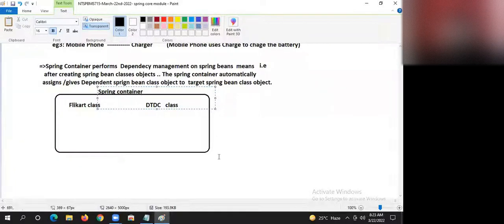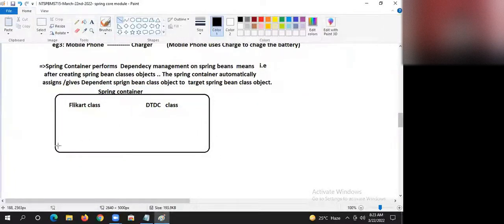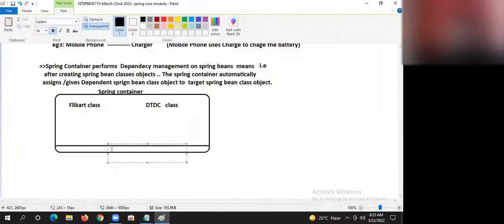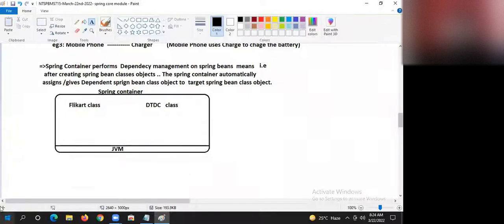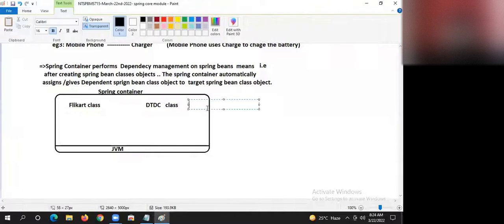Spring container runs on the top of JVM. Without JVM, no line of Java will execute. Right. Number one, what will Spring container do?